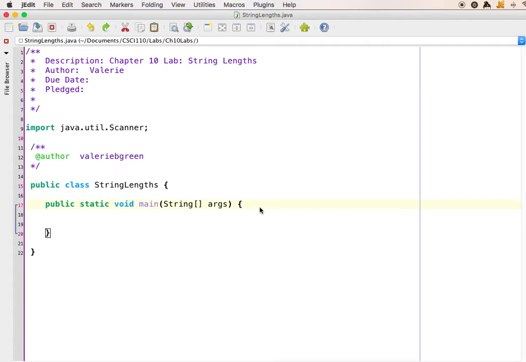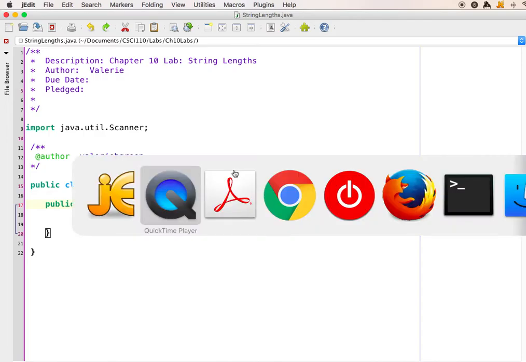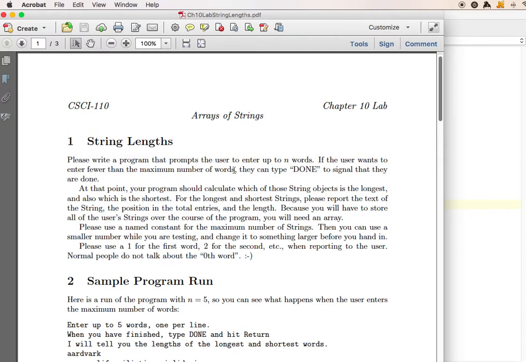This is the setup for the Chapter 10 lab, string lengths. I've started with our usual example template and just made a couple of edits to begin. Here's the program handout. I'm going to use it to help myself out here by taking some of the description and copying it into main, and then I may move some of these descriptions around